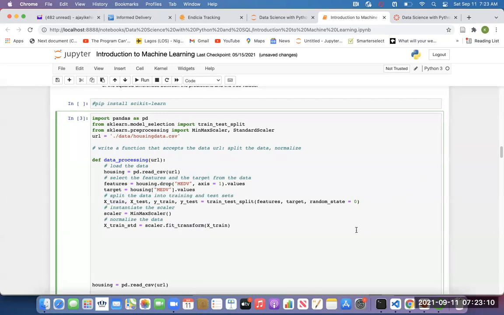You see that calculation I showed you. If I've only called fit on it, that's the only thing it's going to do. It's only going to calculate the minimum and the maximum of each of the variables in the data. But nothing will happen. It's not going to transform the data. To use the minimum and the maximum that it calculates to adjust the variables in the data, that is what the transform is doing.